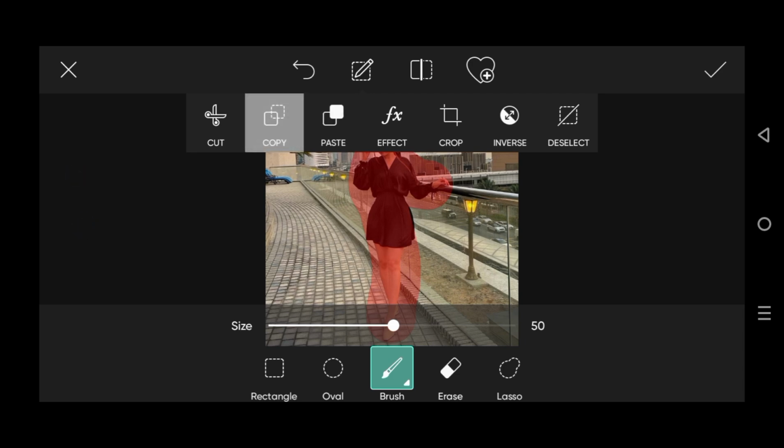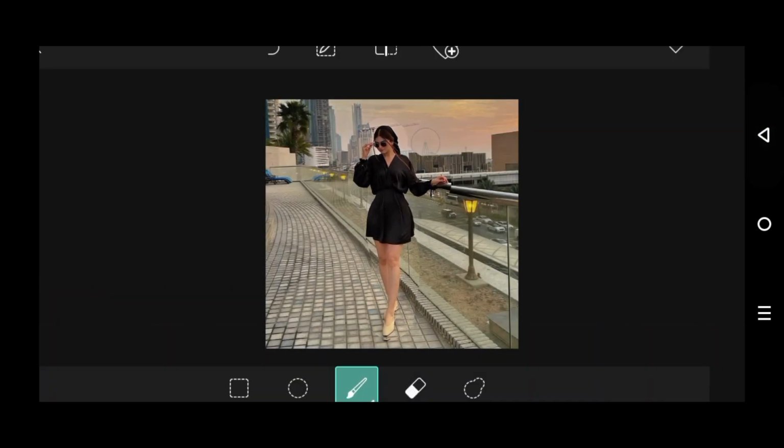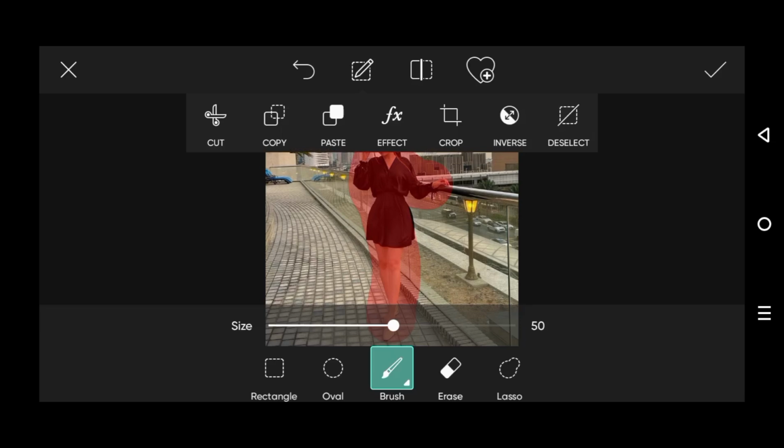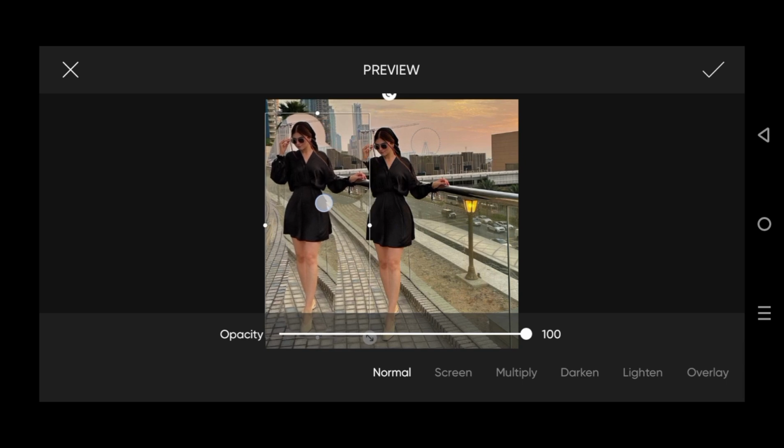I have to make the copy of it, and here we could apply different kinds of effects on it. And after doing that, guys, I could make paste. I could paste it on any size. So here I have to paste it at that point,